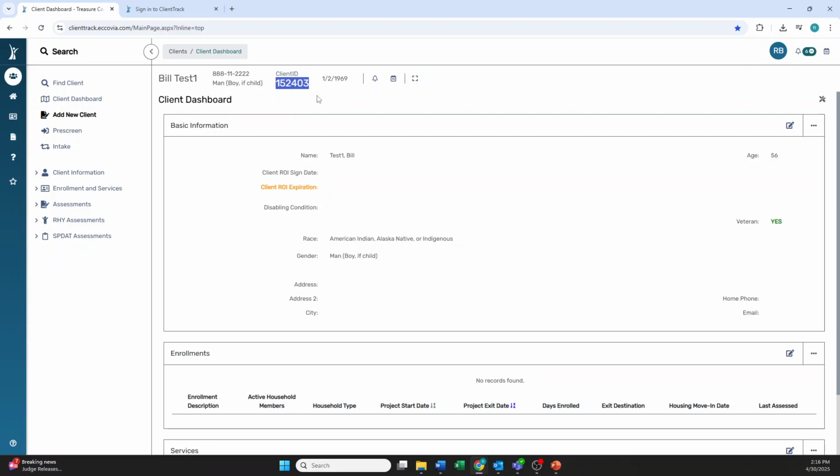If you're going to email back and forth or use Teams or a messaging system internally, it's best to use this client ID number. Do not ever use identifiable information like name, social security number, date of birth when you're sending an email to somebody about a client or messaging them in Teams. You just don't want to do that. That's a huge no-no. So again, the best way is to use this client ID number